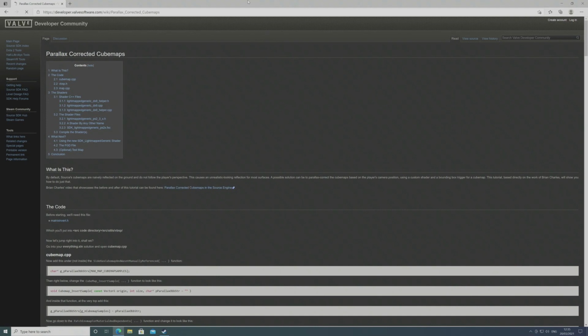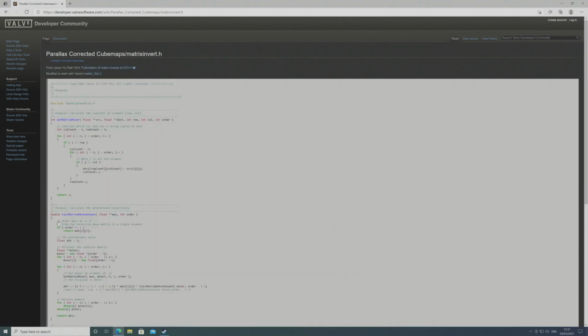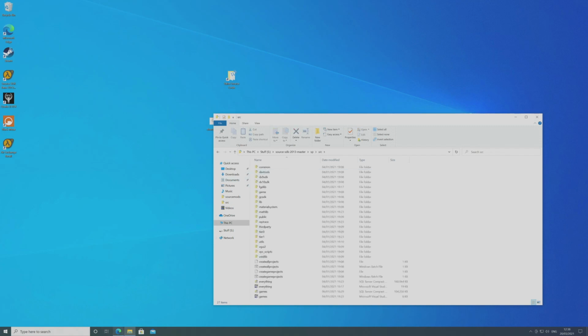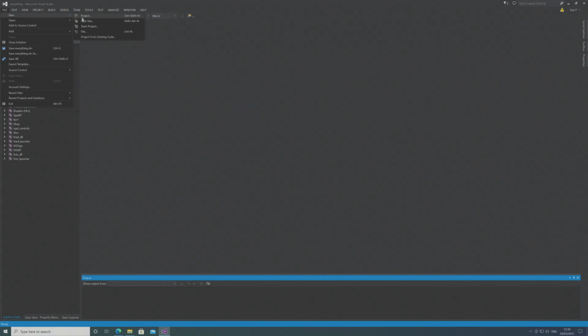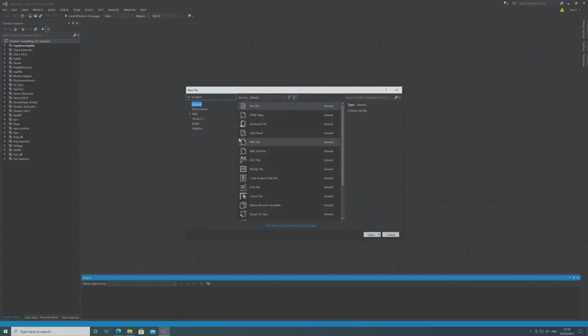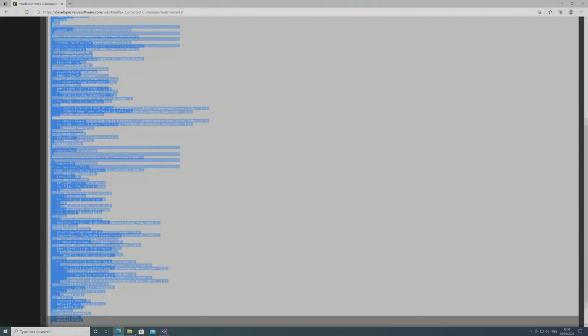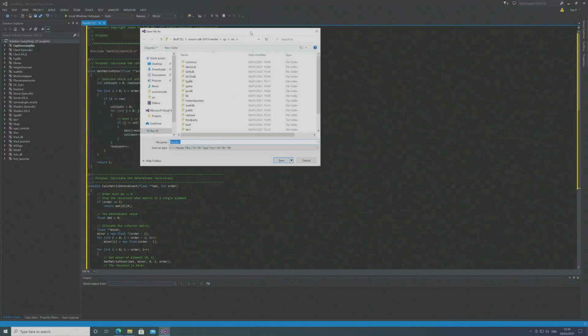But the first thing is a file called matrixinvert.h. So you just want to copy the contents into a .h file. You can do this by loading up the everything.sln solution in your SP or MP src folder. Once you load up everything, then just go new, create a .h file under C++, then copy and paste matrixinvert.h into this .h file and save it to src utils VBSP. And then you want to open up the